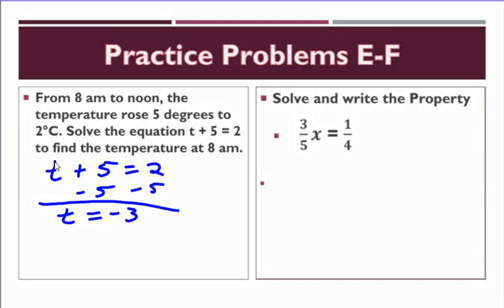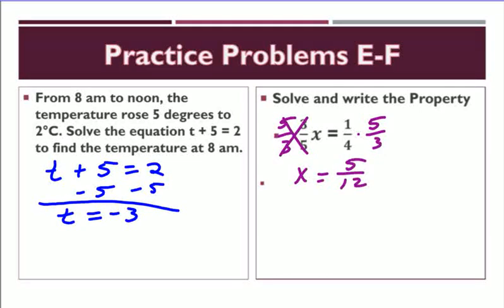And the last one here, solve and write the property. 3/5 x equals 1/4. The opposite of multiplying by 3/5 is dividing by 3/5 or multiplying by the reciprocal, which would be 5/3. Now it would leave me with 1x left here. Whatever I do on one side, I must do on the other. So I'm going to multiply by 5/3 here. I end up with an answer of